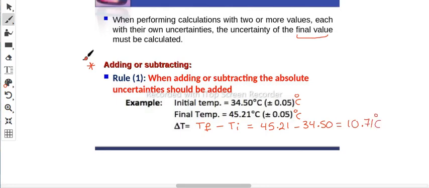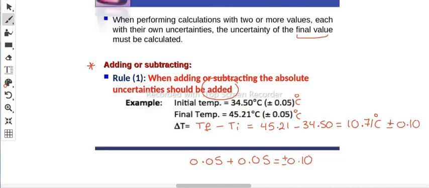Now, for your final answer, you need to tell me the plus minus uncertainty for your delta temperature. Whenever you are adding or subtracting, the plus minus for your final answer is to add both uncertainties together. So you will add 0.05 plus 0.05, and your final answer is 0.1. This is your absolute uncertainty for the thermometer